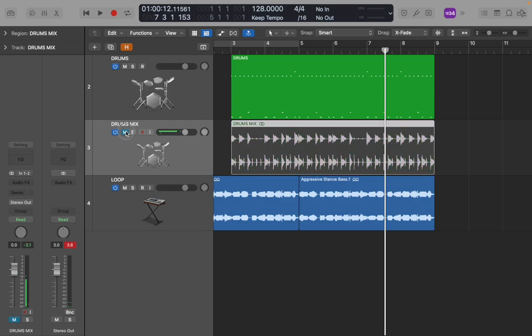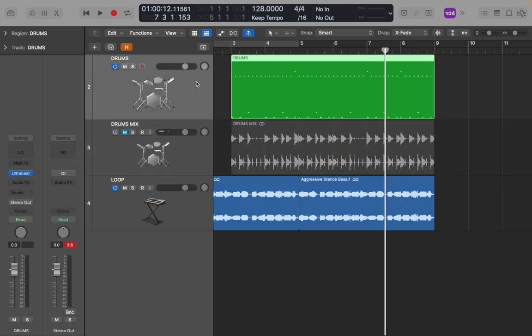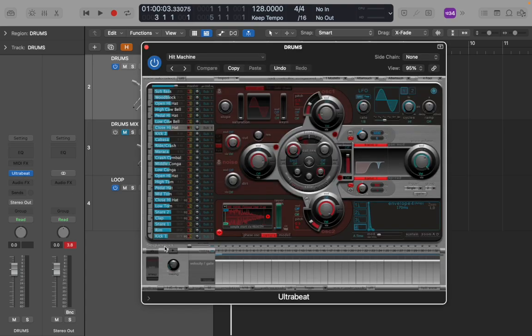I'm gonna mute this, and let's go to ULTRABEAT real quick. So we got our kick, which is, you can also hit right there. So there's many different, I haven't actually messed with the controls too much, but you can change the way it sounds, add some more drive or bass,